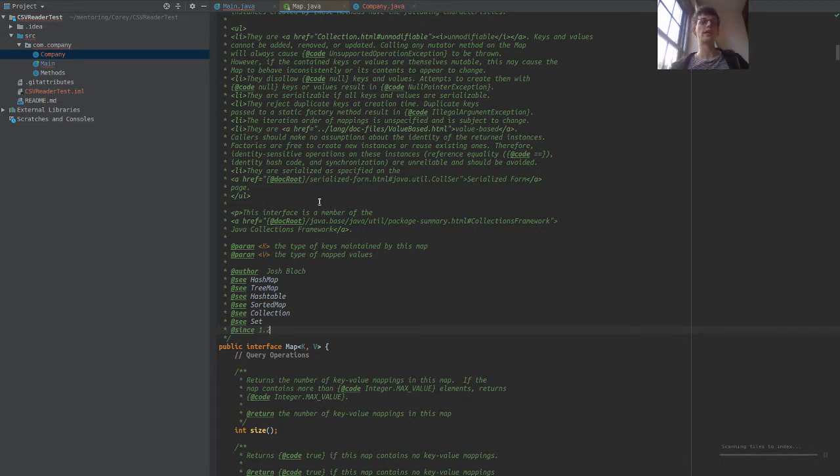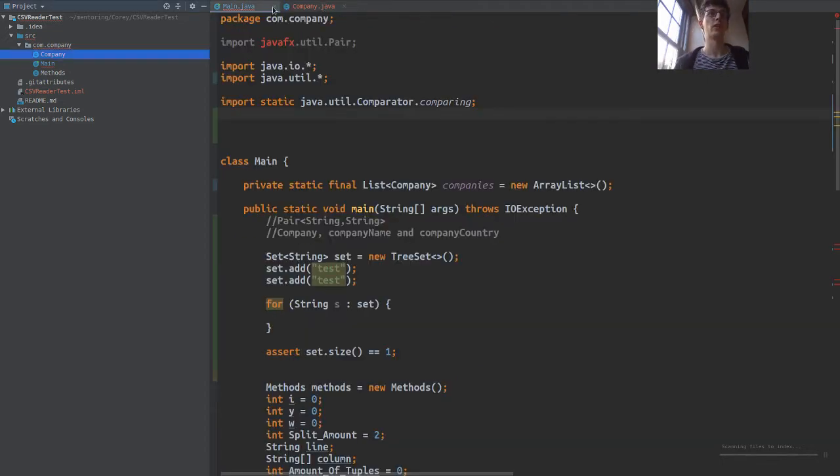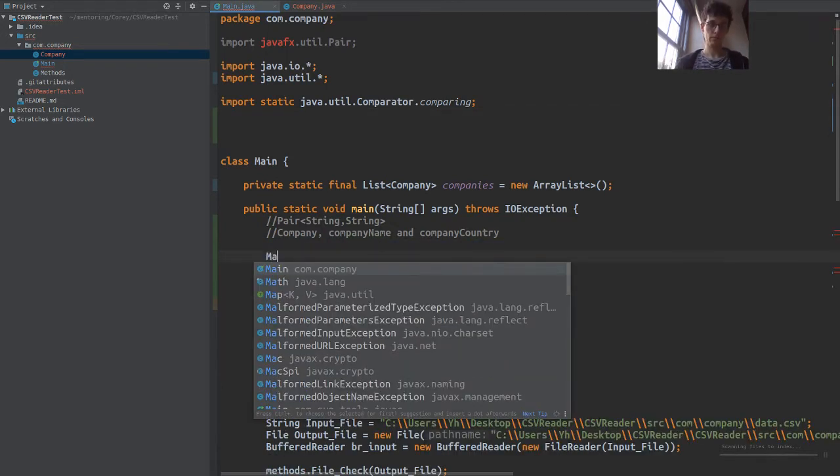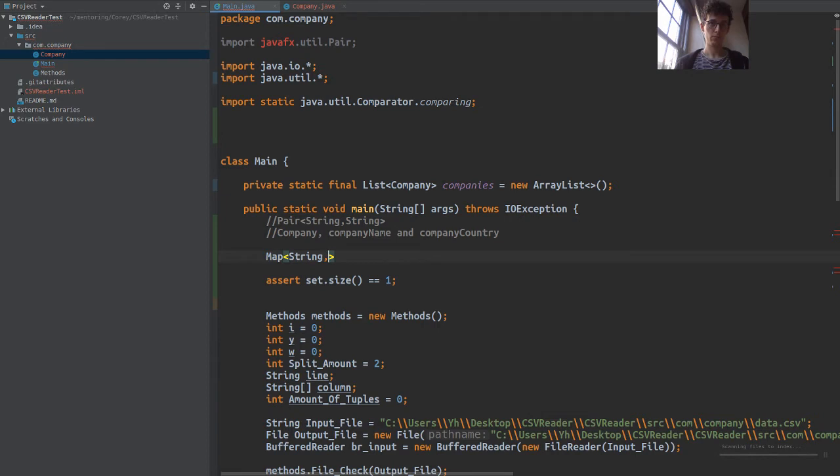So the key is always correlated with the value. Like when I use a map of string,